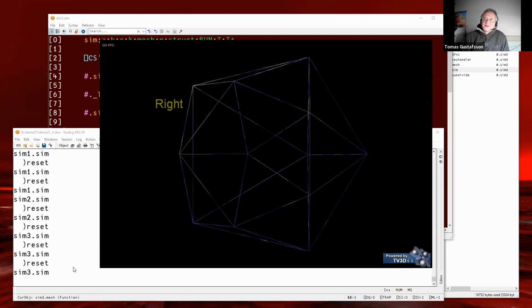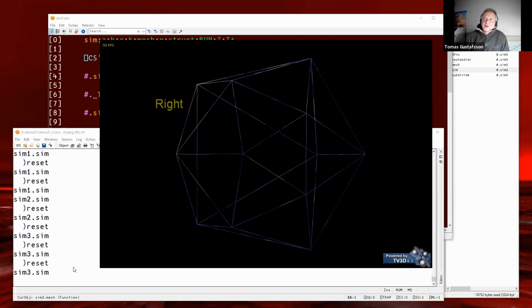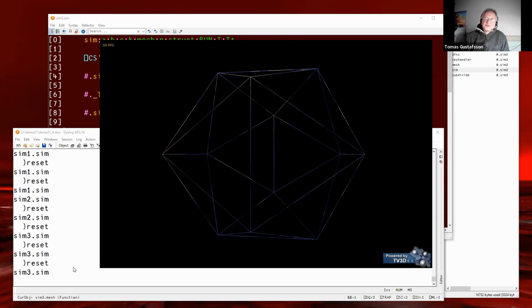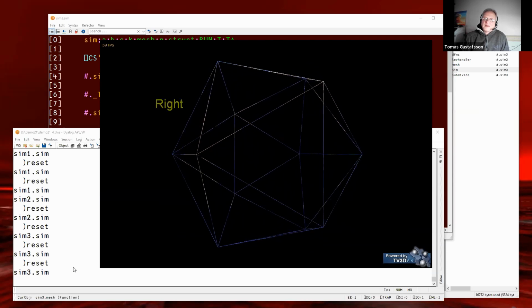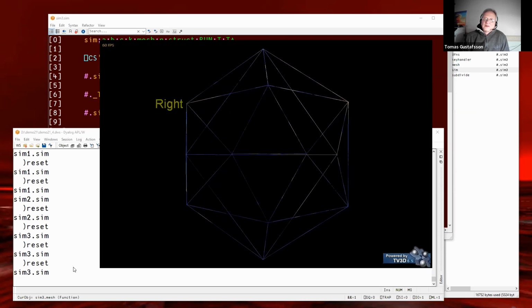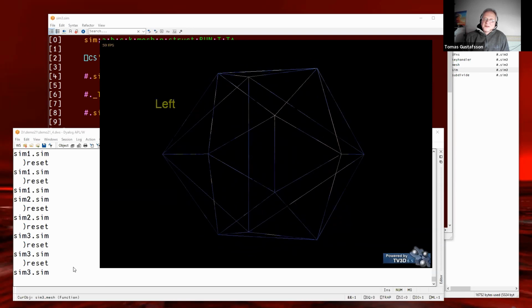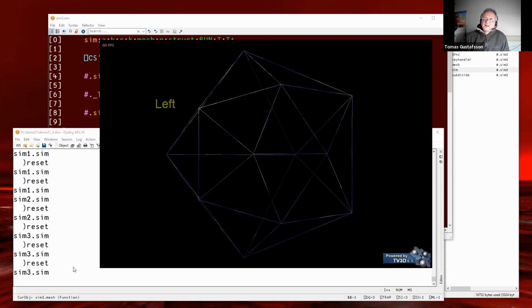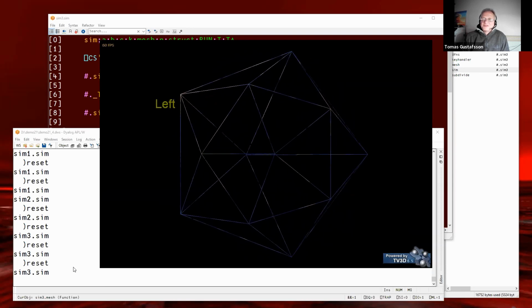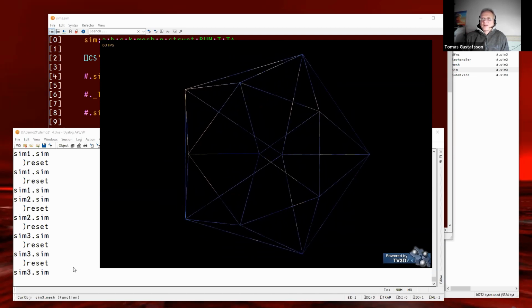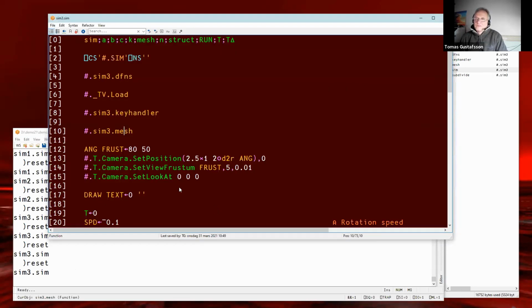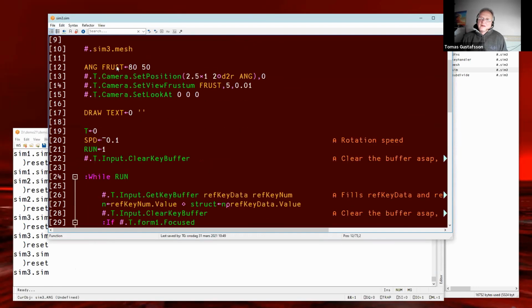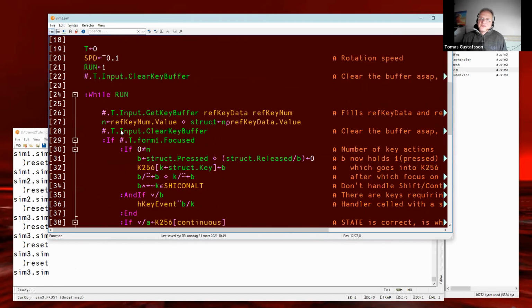Additionally, I adjusted a variable with either plus or minus 0.002, and that one variable increases or decreases and affects the amount of rotation for this object. Ang is for an angle. Frust is for the distance.